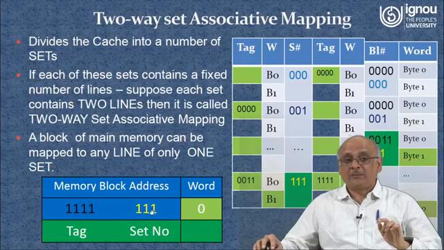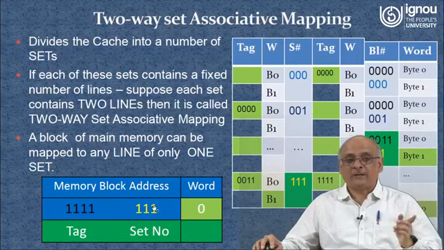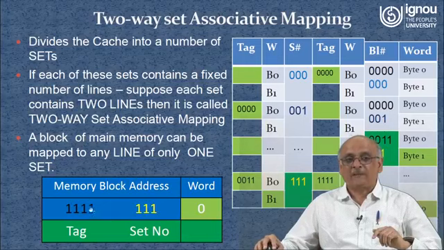Suppose in direct mapping memory you had 4 bits, and the set size is 2, so only 3 now, only one less. Had it been 4-way, then only 2. Like that you can calculate, you can study this particular part. And the tag number becomes whatever remains. All right, so this is what we are referring to.